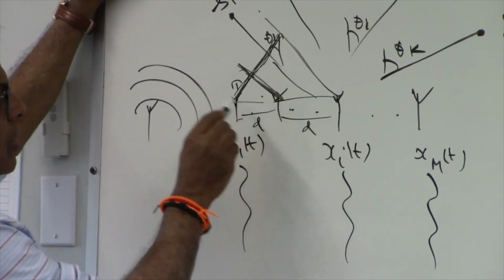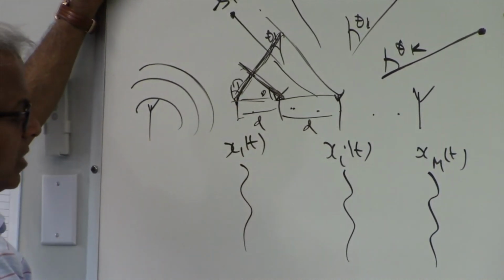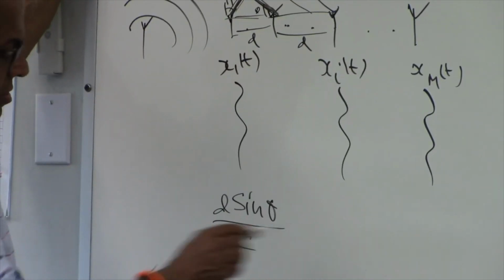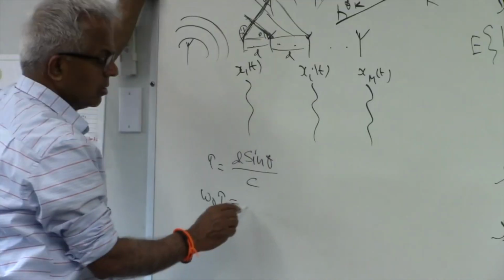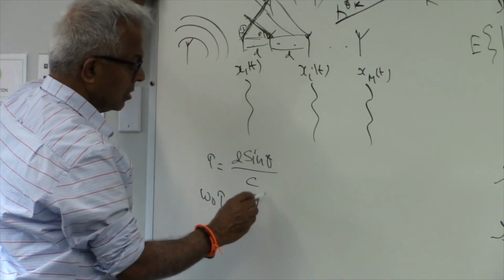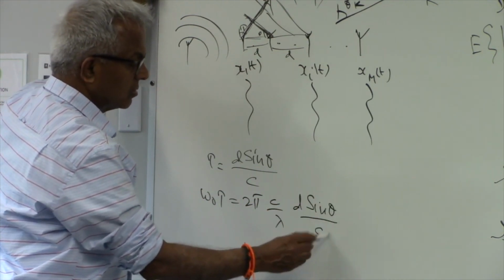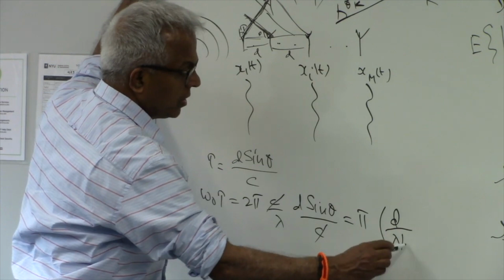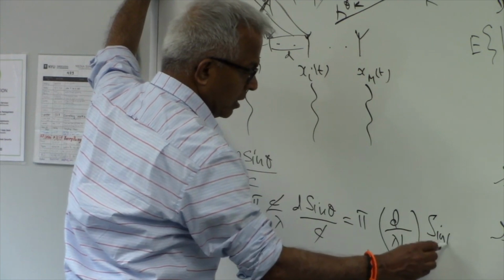If this is d, and this angle is theta, then this is d sine theta. The time it takes to travel is d sine theta over c. That's tau. So omega naught tau, where omega naught is 2 pi f naught, and f is c over lambda, times d sine theta over c. So c cancels. And if you write d normalized to lambda by 2, then the delay comes out to be